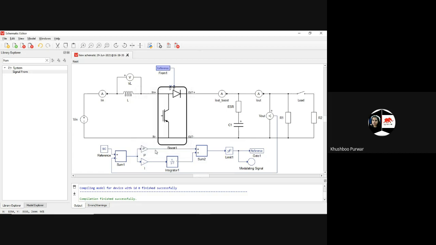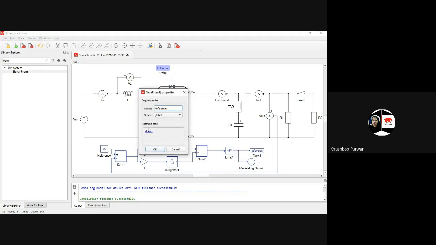So wherever it will fetch the signal, here you can see the signal is coming from Goto1, and from Goto1 the signal is going to From1. So, is this point about local clear to everyone?